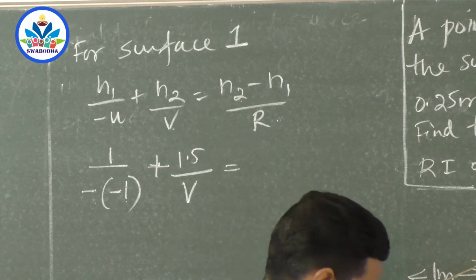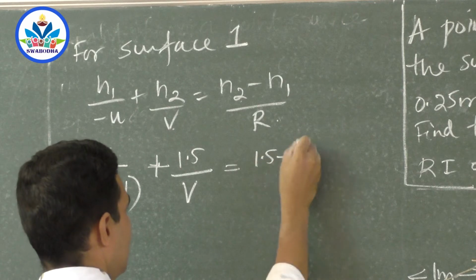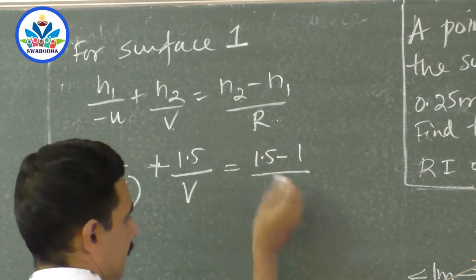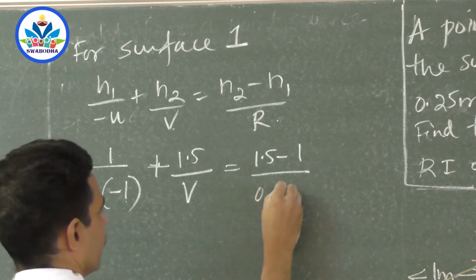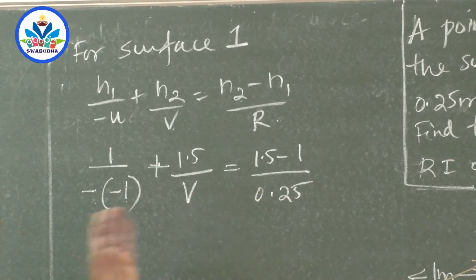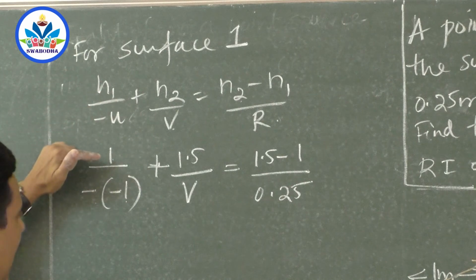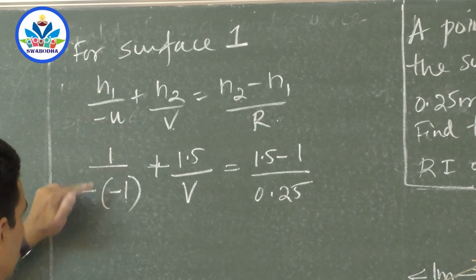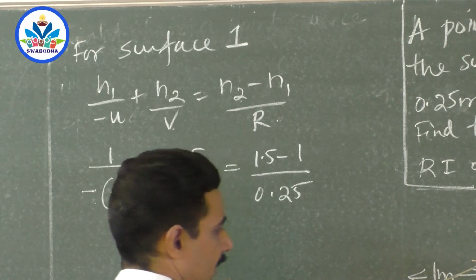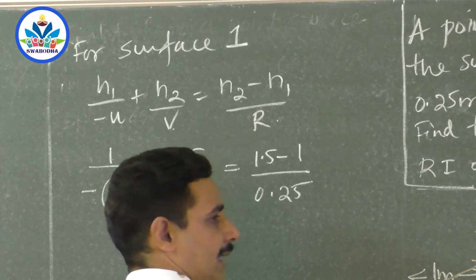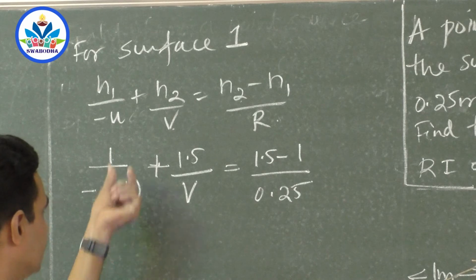That is 1.5. It is completely 1.5 because this surface is absent. Refracting medium minus incident medium, 1, divided by radius. Radius comes to the right hand side, right? Radius is 0.25. Is it okay? Substitution is very important now. Refractive index of the medium where incident rays are present, air. Negative formula, negative. Object distance minus comes to the left hand side because you have to start from the pole, come to this side. Rays of light are traveling on the right hand side, opposite to the direction of incident light. Our own minus, sign convention minus, plus